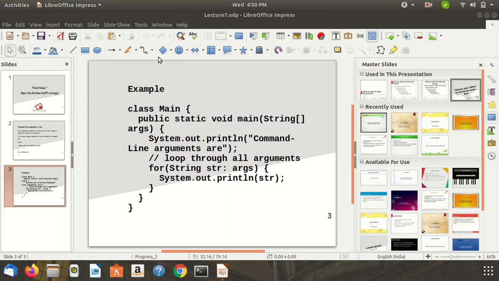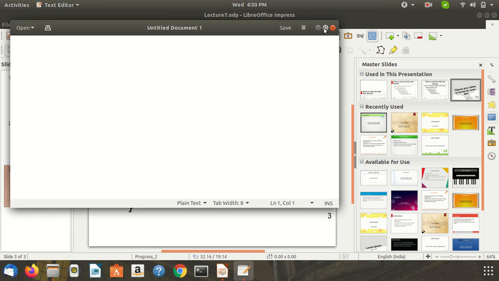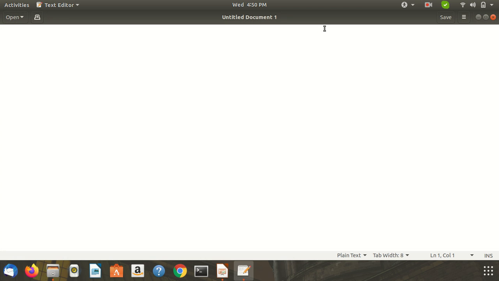So define the class. Here we define the class: public class demo1, then public static void main(String[] args).